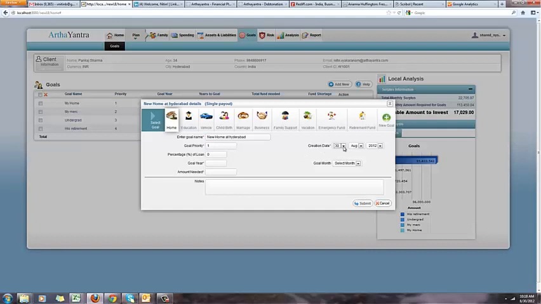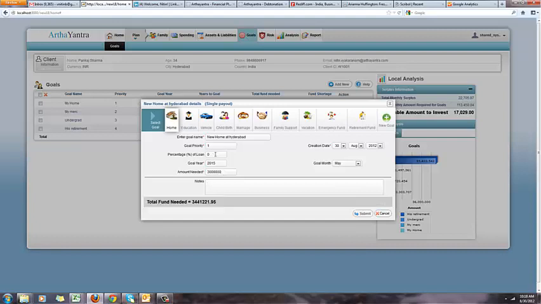Goal year and goal month specifies the time at which you want the goal to be achieved. Amount needed, as the name says, is used to record the total amount you need for the goal. If you wish to take a percentage of the amount needed as a loan, it can be entered in the percentage of loan column